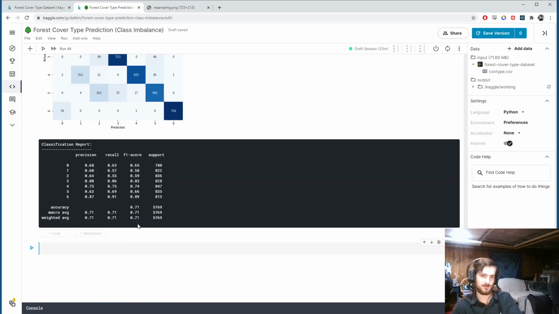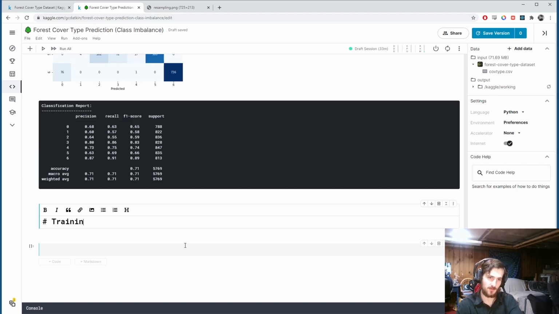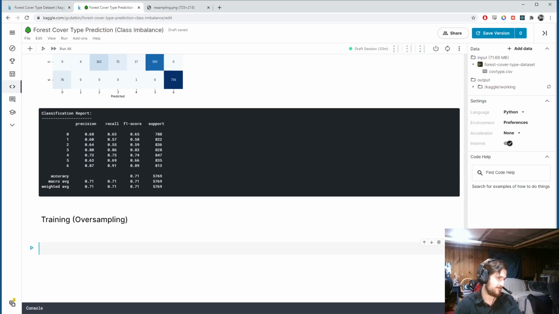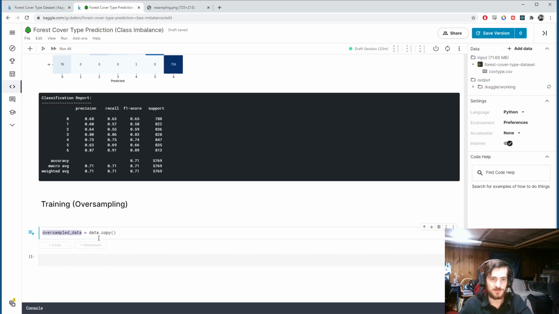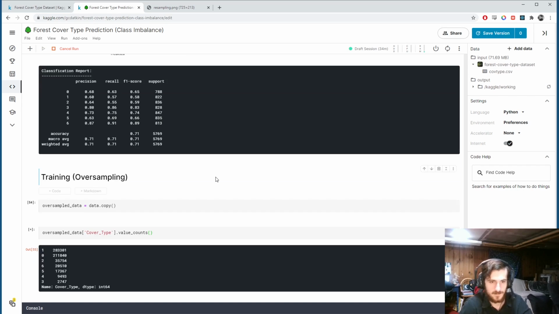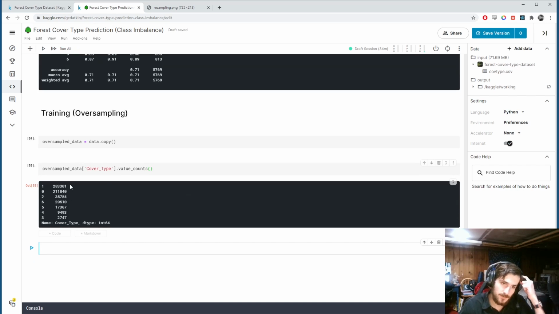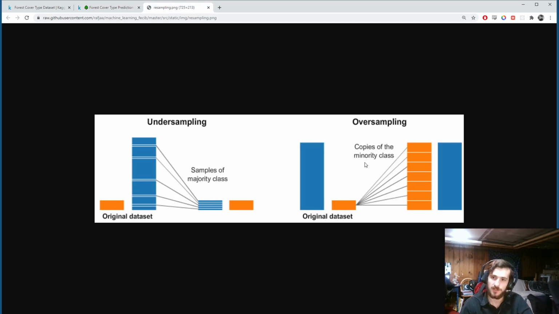Alright, so last thing we're going to do now is oversample. So this is training with oversampling. And for oversampling, we're also going to make a copy of the data. Oversampled data is data.copy. And let's take a look at the value counts again, actually just from the cover type column. So this is the same as always. We have these 2 classes that are just dominating, but now the challenge is not to reduce everything down to 2747, but to bring everything up to 283,301. So like in this picture, you can see we're sort of making copies to artificially boost the number of